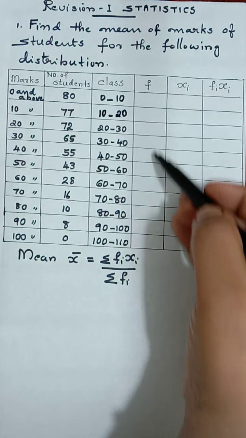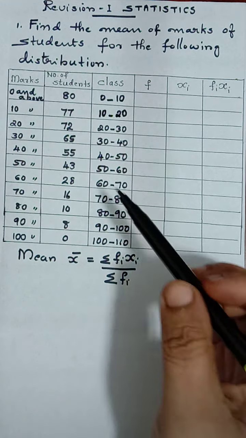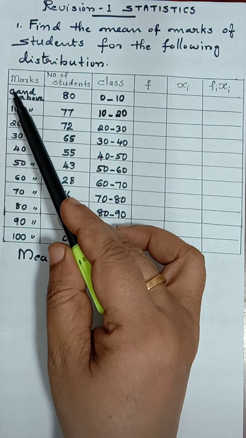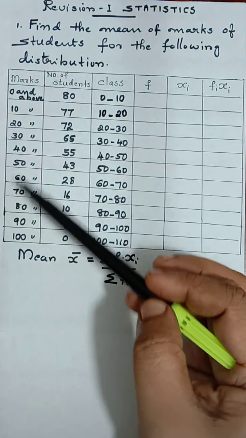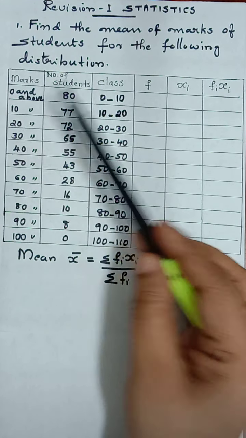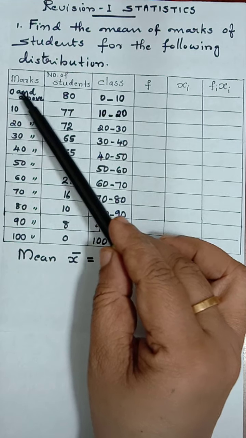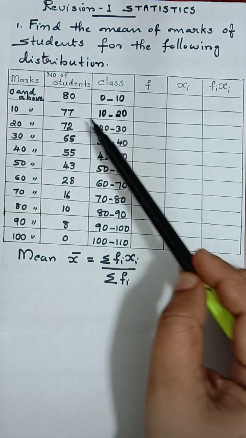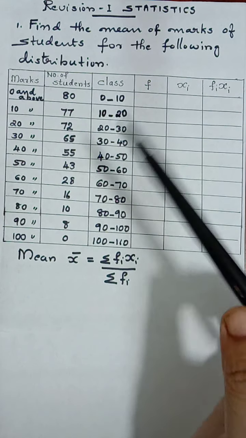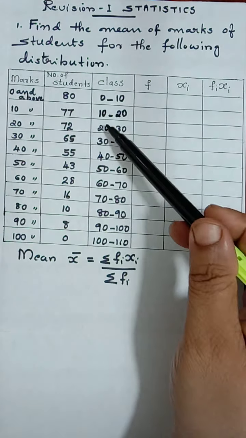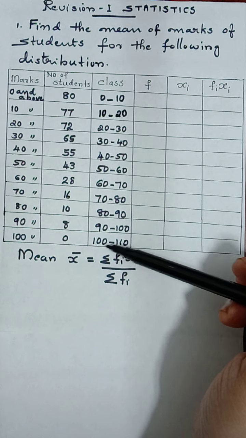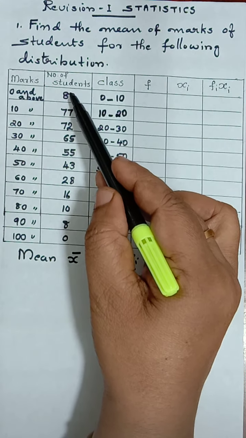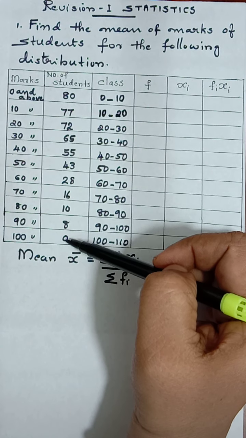Now we come to the frequency column. Hope you understood how we are writing class intervals. Because here we have seen 0, 10, 20, 30, etc., we understood that the class size is 10. That is how 0 and above we consider 0 to 10, 10 and above 10 to 20, like that. So all these values will come between 0 to 100 and above. In the case of CF, 80, 77, it comes decreasing.